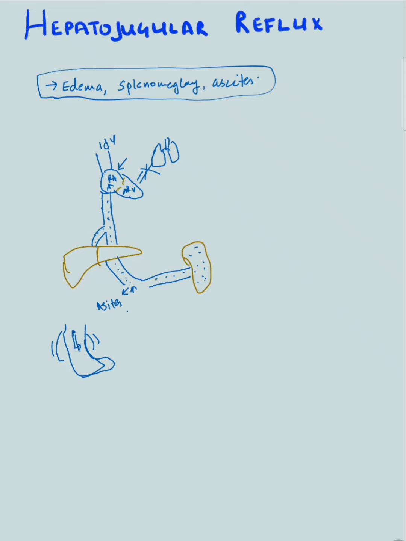Now we take another example, and this time we say this liver is sick. The way it is sick is that it is fibrotic. Really fibrotic. What it means is that there is obstruction to flow. So if this is the portal vein here, it cannot flow through the fibrotic liver because there is increased resistance. This results in